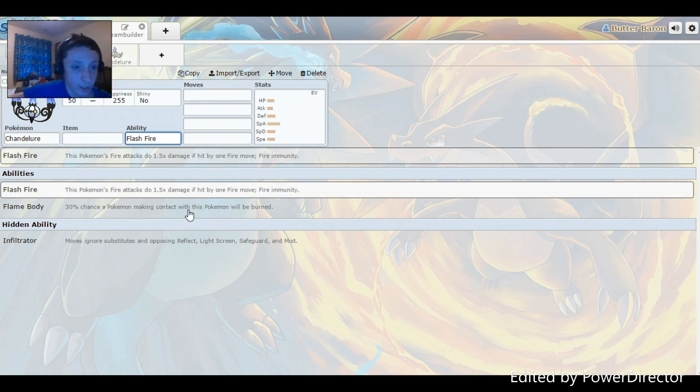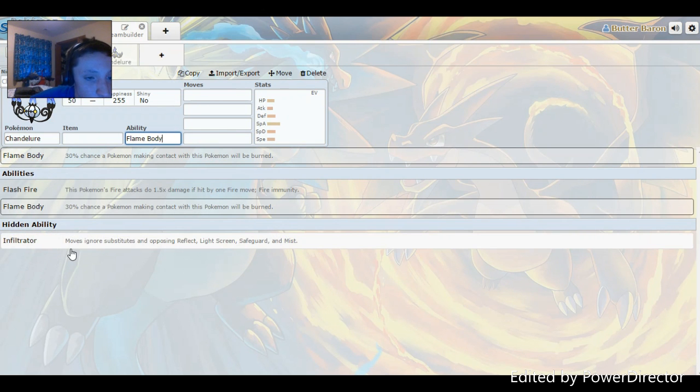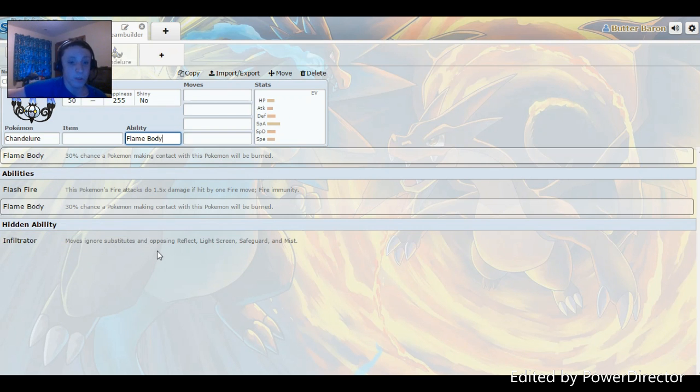But if you're not running doubles, this probably wouldn't be such a good choice. You can also use Flame Body, which gives a 30% chance that a Pokemon making contact with this Pokemon will be burned. But since this is a ghost type, most people won't be trying to punch it, so maybe that wouldn't be a good idea either. Or this last hidden ability, Infiltrator: moves ignore substitutes and opposing Reflect, Light Screen, Safeguard, and